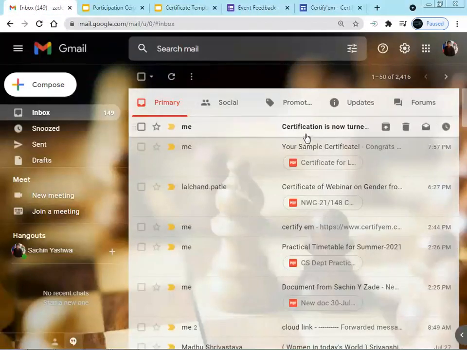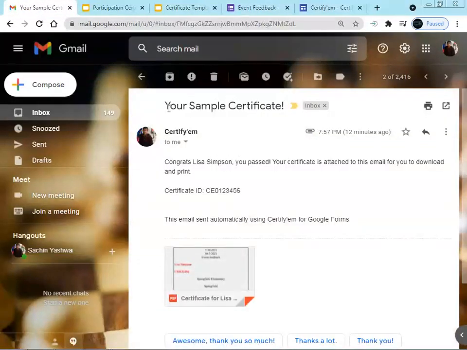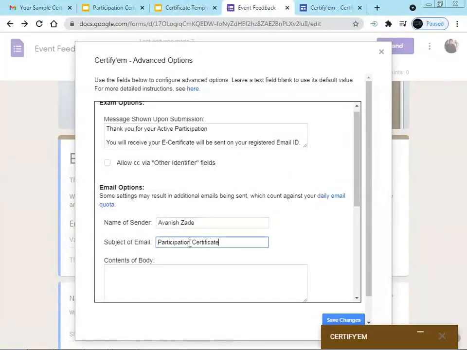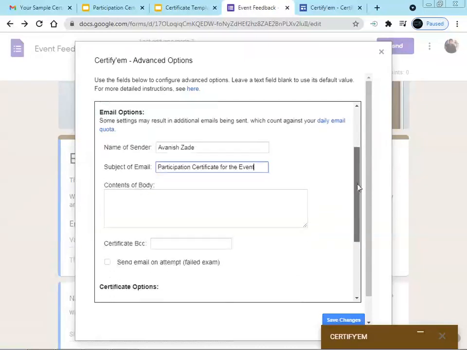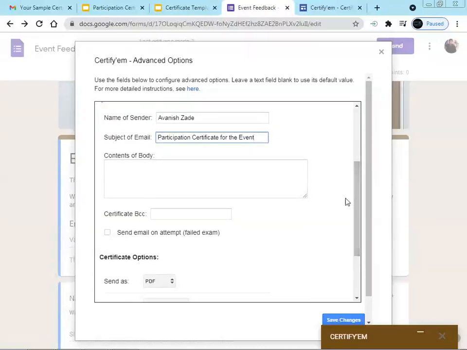Previously in the sample we received, your sample certificate. But now we are going to give the participation certificate for the event. This is going to be displayed in the subject of the email. And this is the name of the sender.